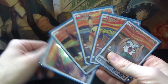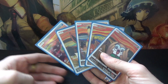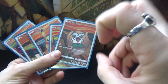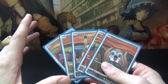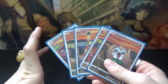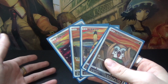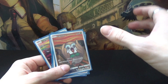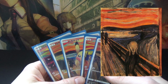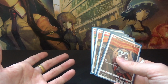I'm here today because I've got a little thing to show you that you can actually see here. This is a little special promotional set the Pokémon Company has released recently. It's a collaboration between the Pokémon Company and the Tokyo Metropolitan Art Museum. Specifically, at the museum right now, there's an exhibition for Edvard Munch, the famous painter. The most famous painting of his is the Scream. Since it's the very first time that the Scream has been displayed in a Japanese museum,